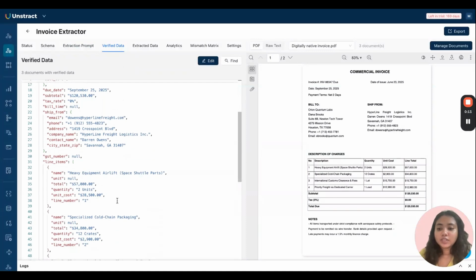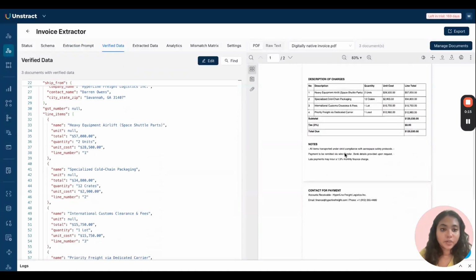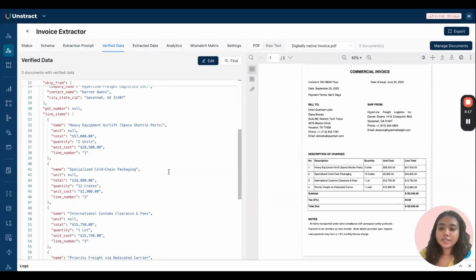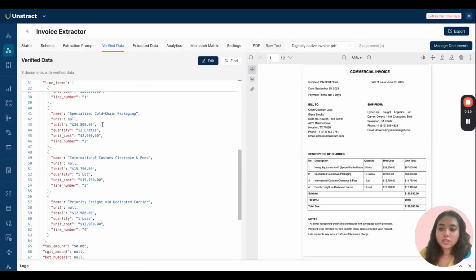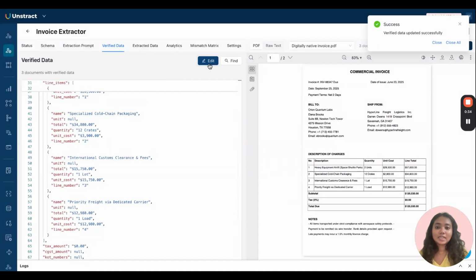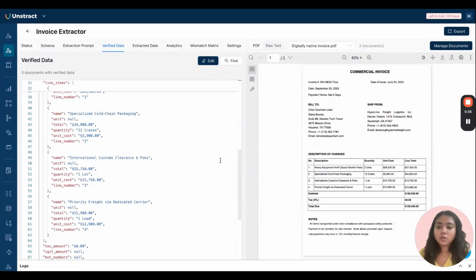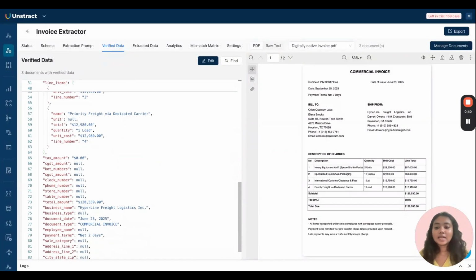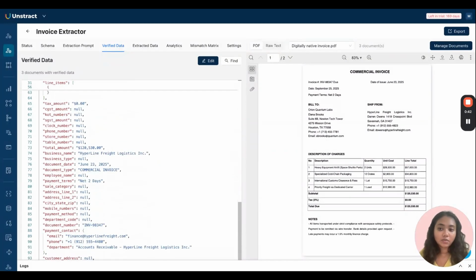You go through each of these extracted outputs and you can compare it with the invoice on the right hand side, and you can edit these values as you deem fit. So for instance, if I observe that the unit cost is not 2,900, it has been maybe extracted incorrectly, then I could edit this value manually as 3,900. So this is a way in which I can maintain a golden set of data which has all the accurate data extractions. Now I will tell you the exact reason why we need a verified data set.